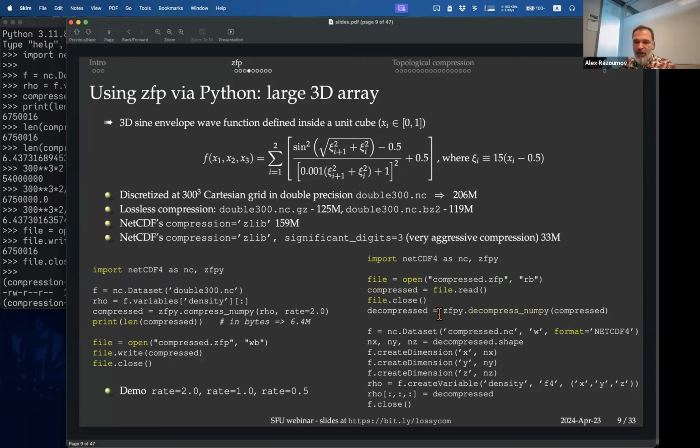And then optionally, you can convert it back into a netcdf file. The reason I converted it back into a netcdf file is that I am going to visualize this array next, and I cannot read the ZFP file natively inside ParaView. So I uncompress it, convert it into an uncompressed netcdf file, and then import it into